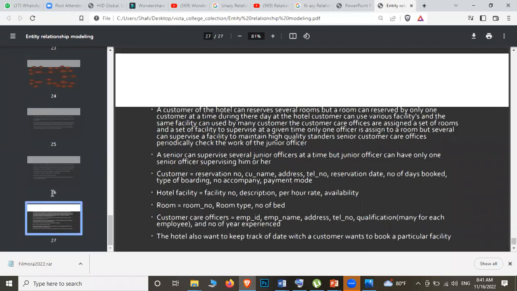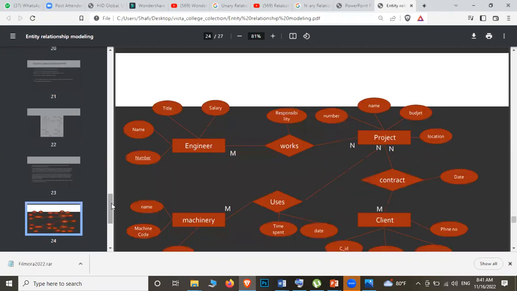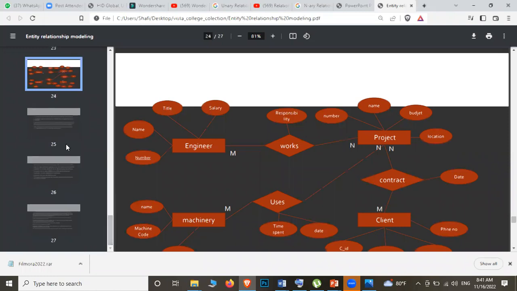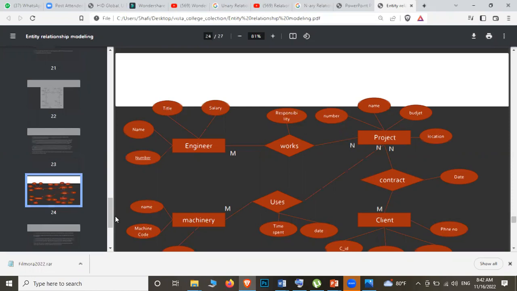So two case studies, or you can call them scenarios, have been given. Please try to draw both the ER diagrams for this. Then you will be more familiar with ER diagrams. You have become a bit familiar, and you have understood from this how to draw an ER diagram. But I just want you to do these two practices as well. Then it will be really easy for you to understand when it comes to normalization. This is the basement, okay?